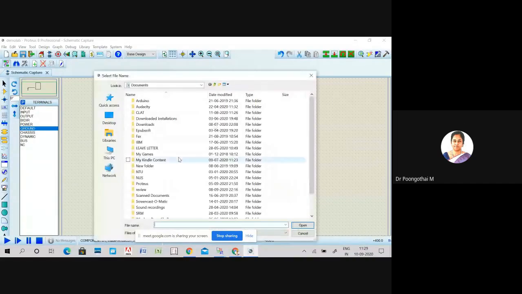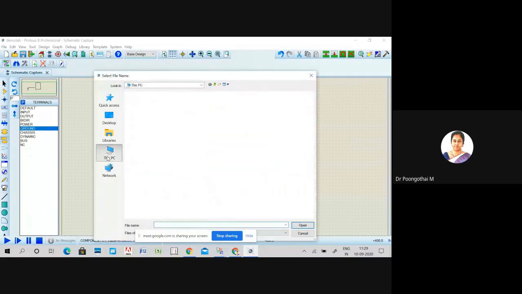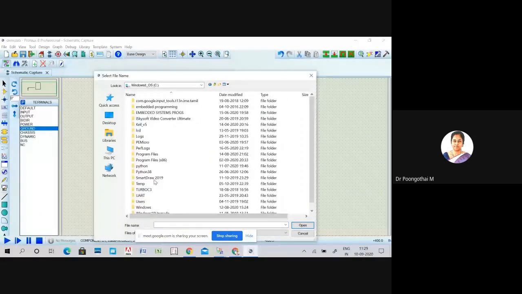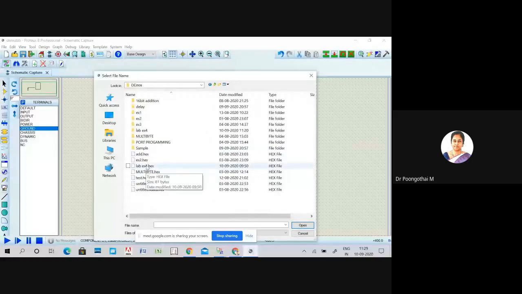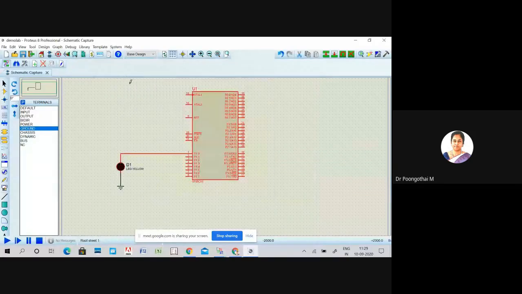So browse for the hex file and load the hex file.